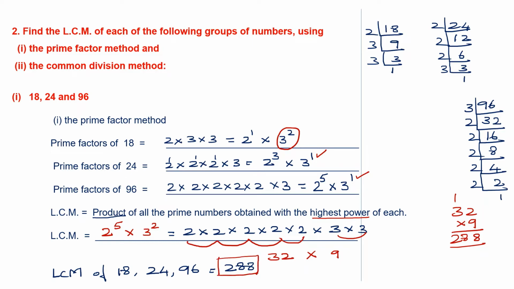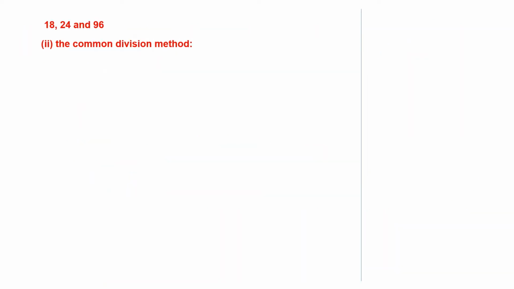So I'm going to use the common division method. My answer should be the same. So let's go on to that. Now the common division method, again we write down all three numbers. Now this is what we have been using for fractions to find the LCM. It's the same method. So here I can start with 3 since all three numbers are